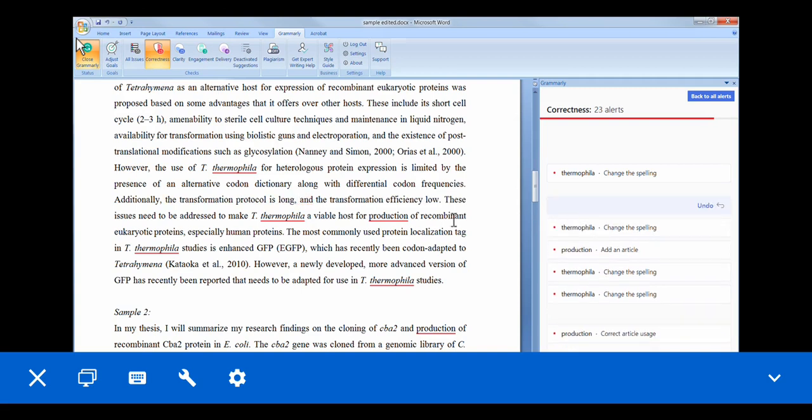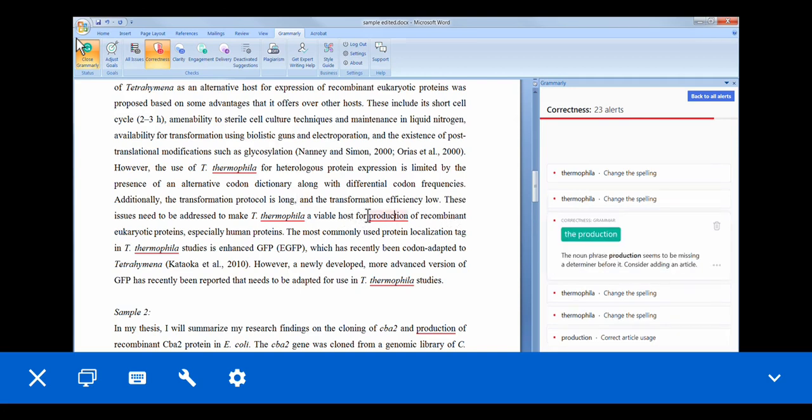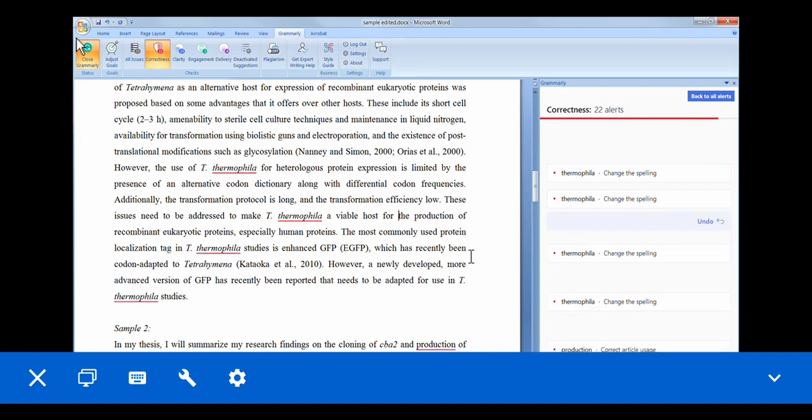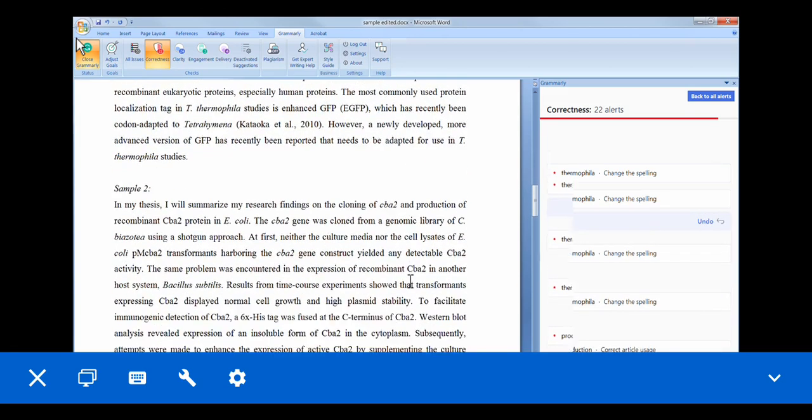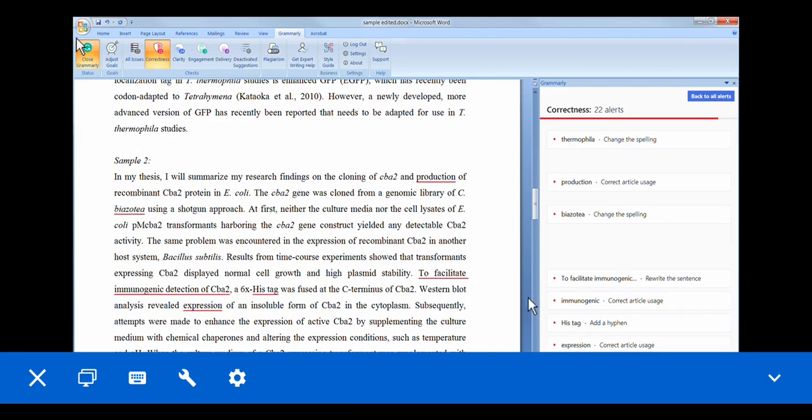The next correction is host for production. It says you need the article the before production, which is a correct suggestion, so click here and it will correct. Scroll down, or you can also click here for the next suggestion.